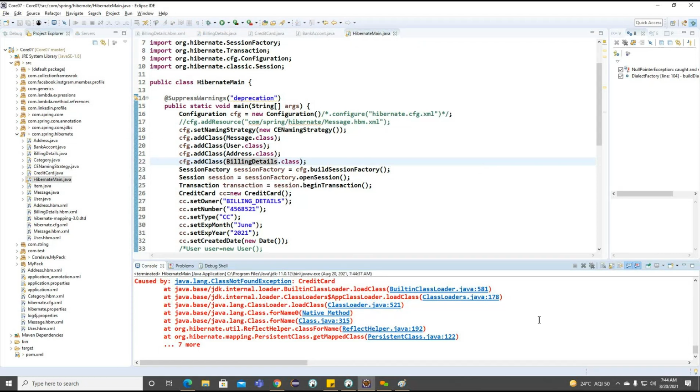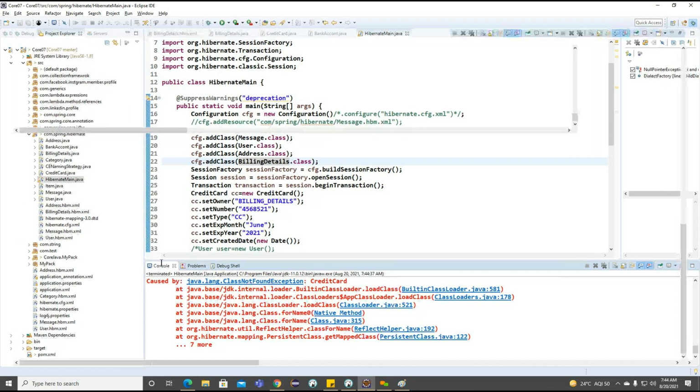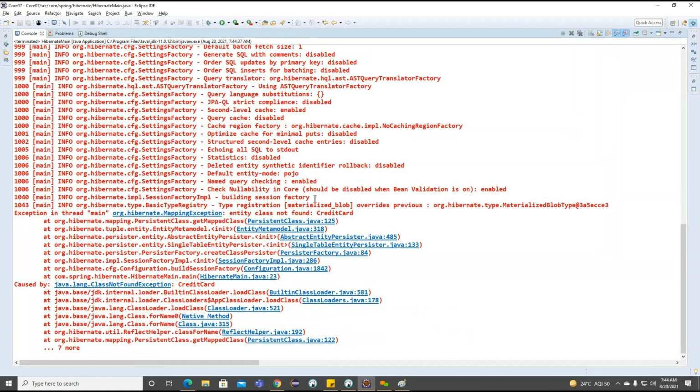Class not found, credit card. Oh. Why is the class not found? Entity class not found. Mapping exception.